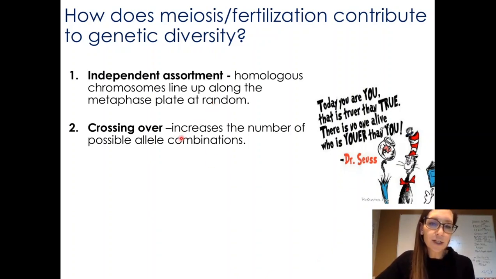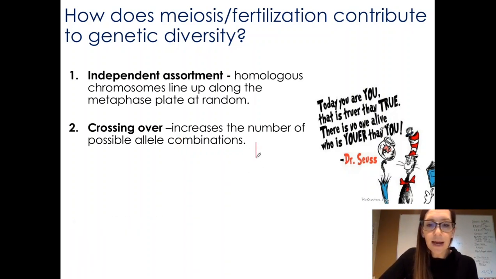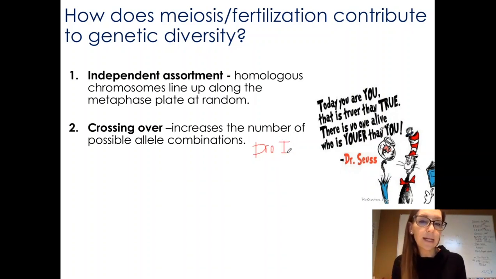Crossing over occurs in prophase 1. I'm actually going to write that on the screen. So crossing over that happens during prophase 1 of meiosis is one of the first sources of genetic diversity, and that's because you're creating combinations of alleles that have never existed before. It's a combination of a maternal set of alleles and a paternal set of alleles that have never been together before, and you create something that's entirely new and has never been seen. Okay, so that's one source of